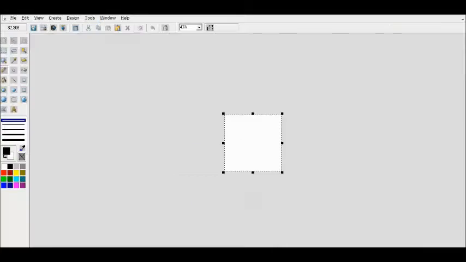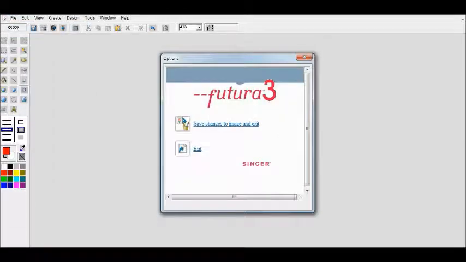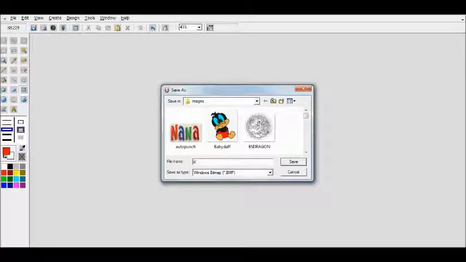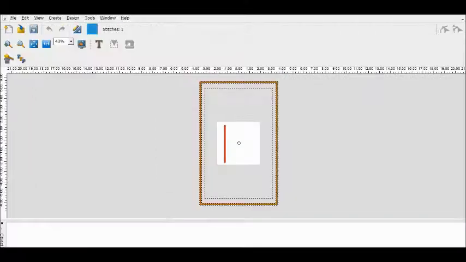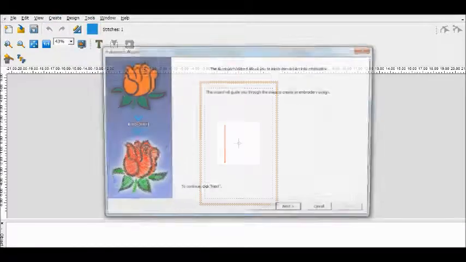And again, it doesn't matter what size, but it does matter the color. So I'm going to choose the mid-range line again. And this time I'm going to make it red. I'm going to choose the rectangle. And there we go. So we will simply close that up, save it, and this time we're going to call it zipper stitch lines. Okay, so now we'll go into Autopunch